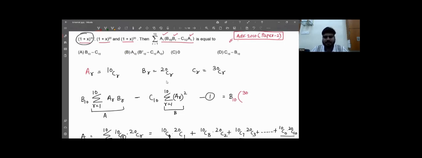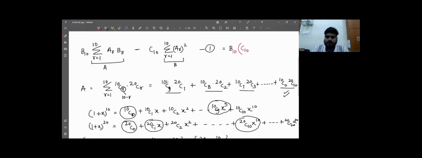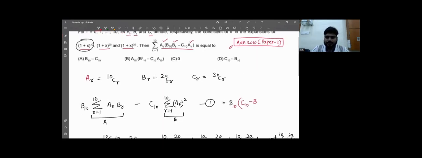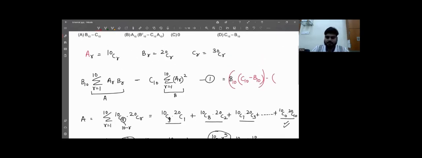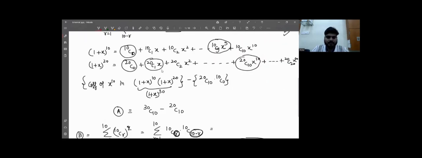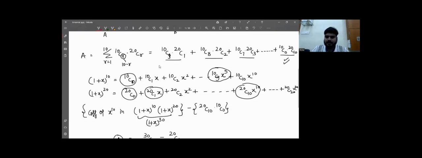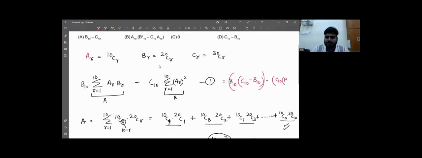30C10 is nothing but C10 minus 20C10, which means B10, minus this whole expression subtracted by C10, multiplied by 20C10. 20C10 is nothing but B10, and this will be minus 1. So this whole situation can be written as C10, B10 will cancel out, and this will be